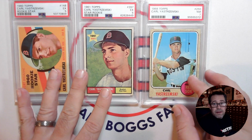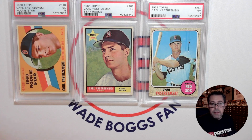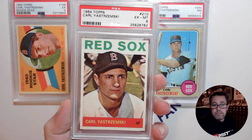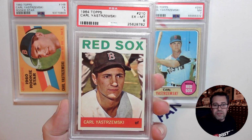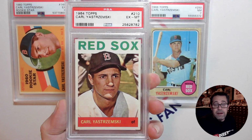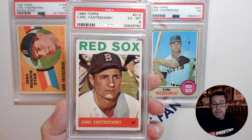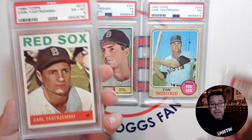All right, and then finally, here is the image that Topps used in 1964. It's a close-up sort of portrait. Not sure if he's kneeling, sitting down, something like that, but you see some players warming up in the background. And this image is the exact image that is used in card number 29 that I picked up, and it is the